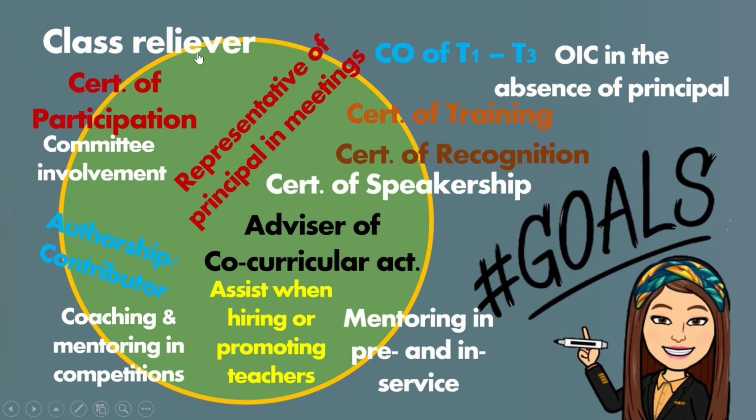So, just ask for a certification from your head teacher that you were the class reliever. Certificate of participation, committee involvement, kahit po member lang kayo ng committee as long as may certificate, representative of principal in meetings, 1 COT rating po ng teacher po na na-observe natin, OIC in the absence of principal, certificate of